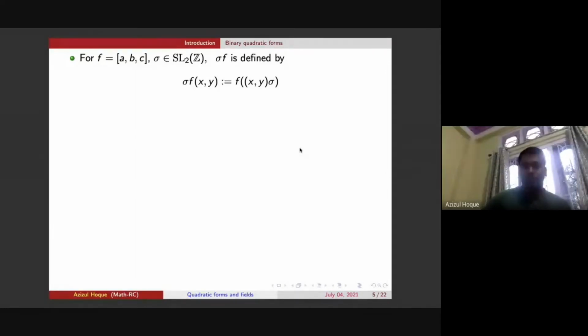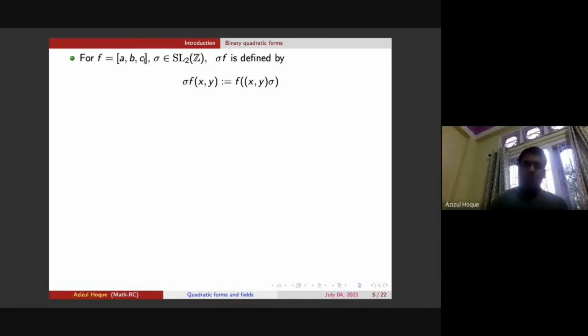The answer is yes. So suppose f is given, that is, ax square plus bxy plus cy square. Now, if I allow linear changes in the variables, say linear combinations of x and y,